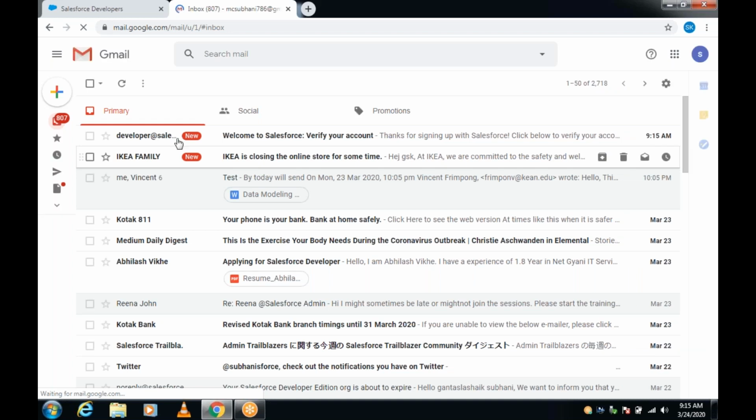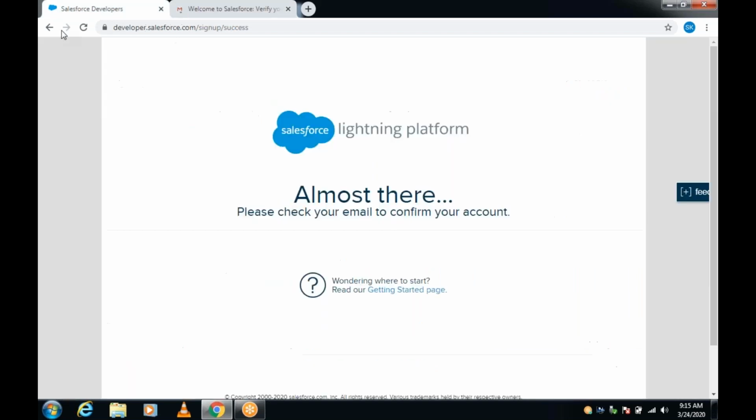Verify your account. See, every time people will get confused. Developer edition says we are an admin. See, you are an admin. Salesforce knows that you are an admin, but don't get confused with the name called developer. For everyone, for a developer, for an admin, for a technical architect, everyone, if they want to practice in Salesforce,